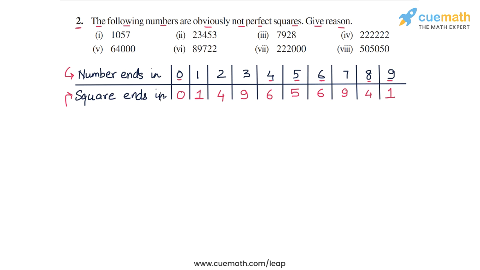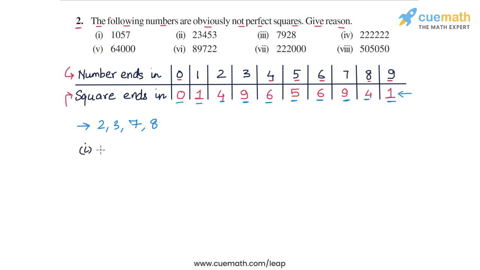So the possible unit digits of any perfect square number are all listed in the second row. We have 0, 1 occurring twice, 4 also occurring twice, 9 which also occurs twice, 6 which occurs twice, and then we have 5. So we see that some digits are missing from this second row. We don't have 2, 3, 7, or 8. So numbers ending in these digits 2, 3, 7 and 8 can never be perfect squares. That's what this table tells us, and this observation is what we can apply in the present question.